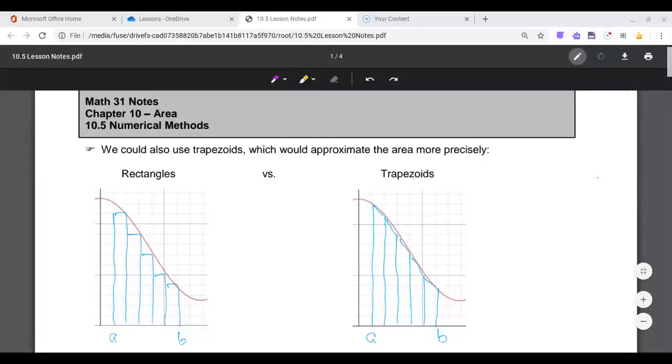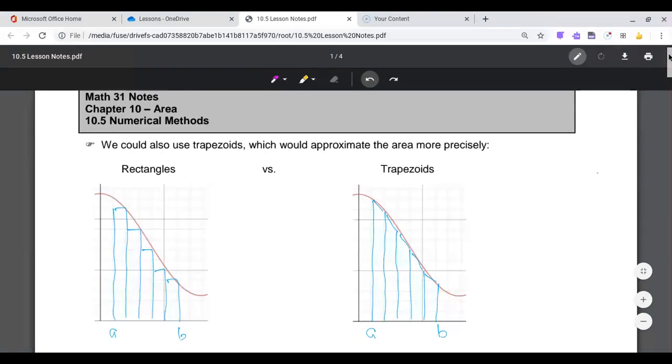Last lesson of chapter 10, continuing with numerical methods. So here we're going to compare the difference between what we learned in 10.4 with rectangles with what happens if we use trapezoids instead. So you can clearly see underneath this diagram that I've added. I know it's not in your notes package, but I've just added this in so you can see the difference between